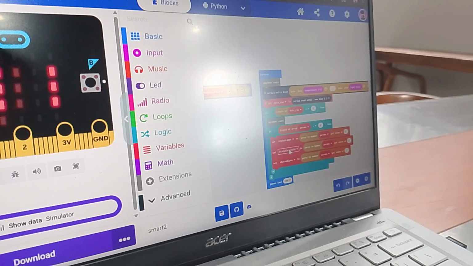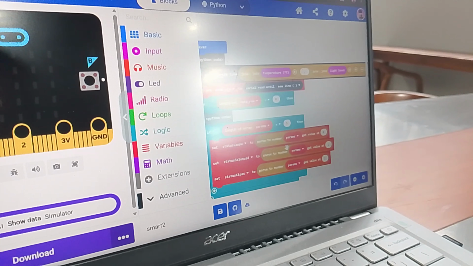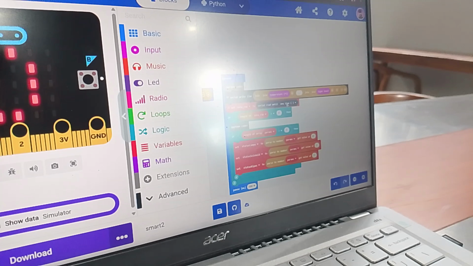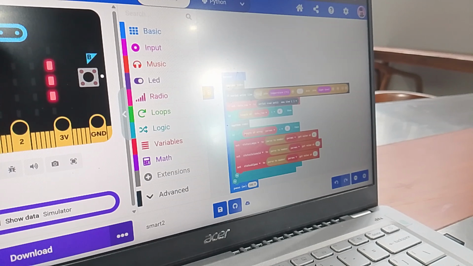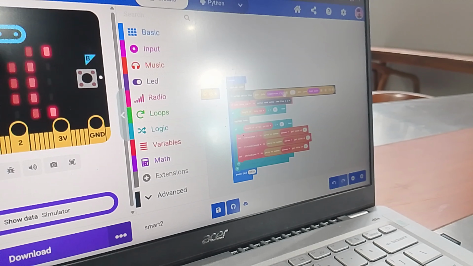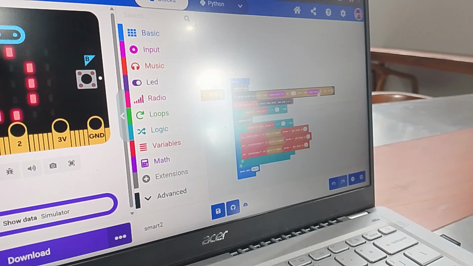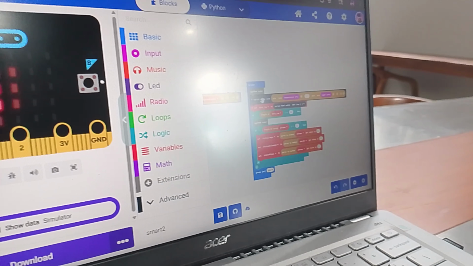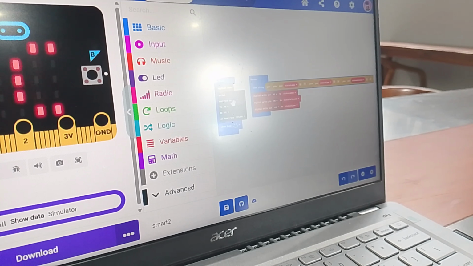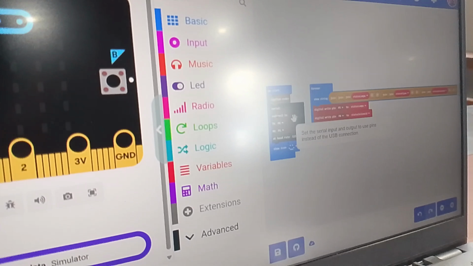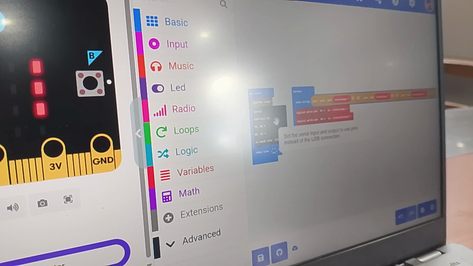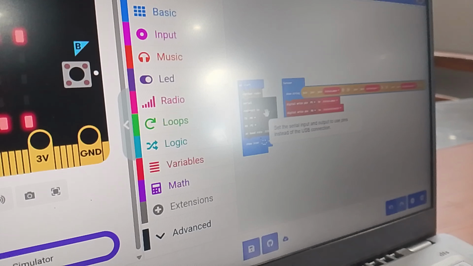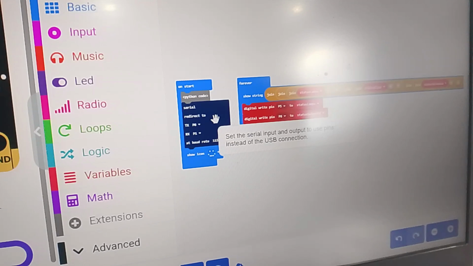Okay, now I will explain the code. So first, Serial.println, temperature and light level. This will be sent to the ESP, and the ESP will send it to Firebase and then to the website.